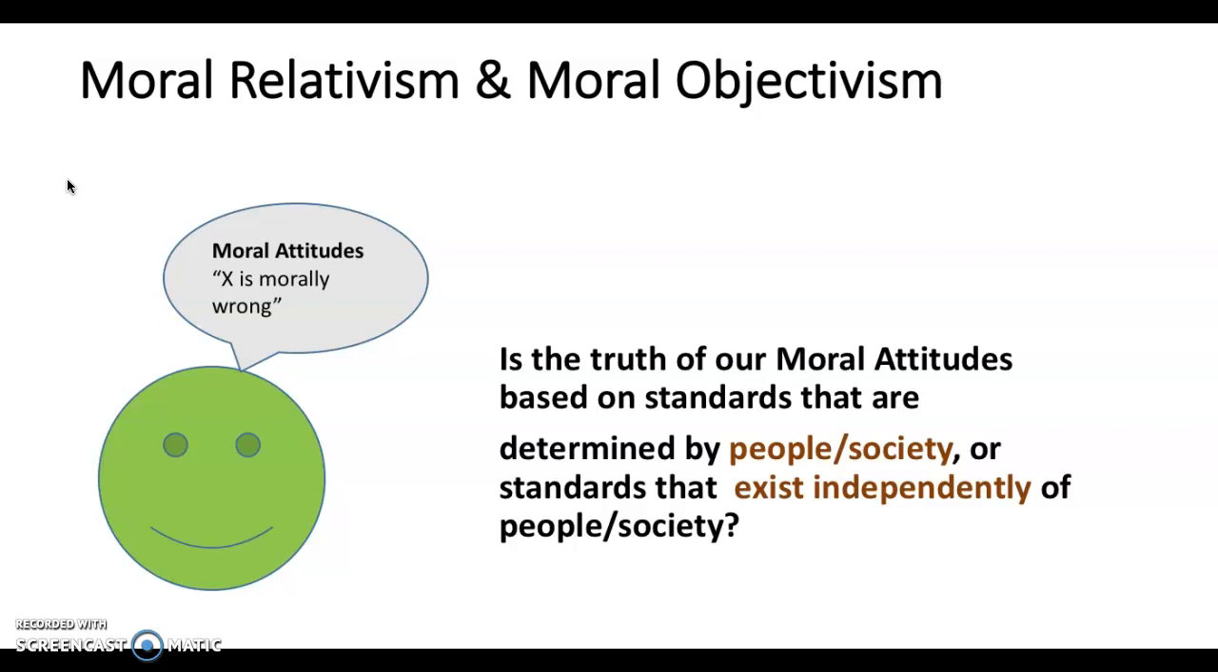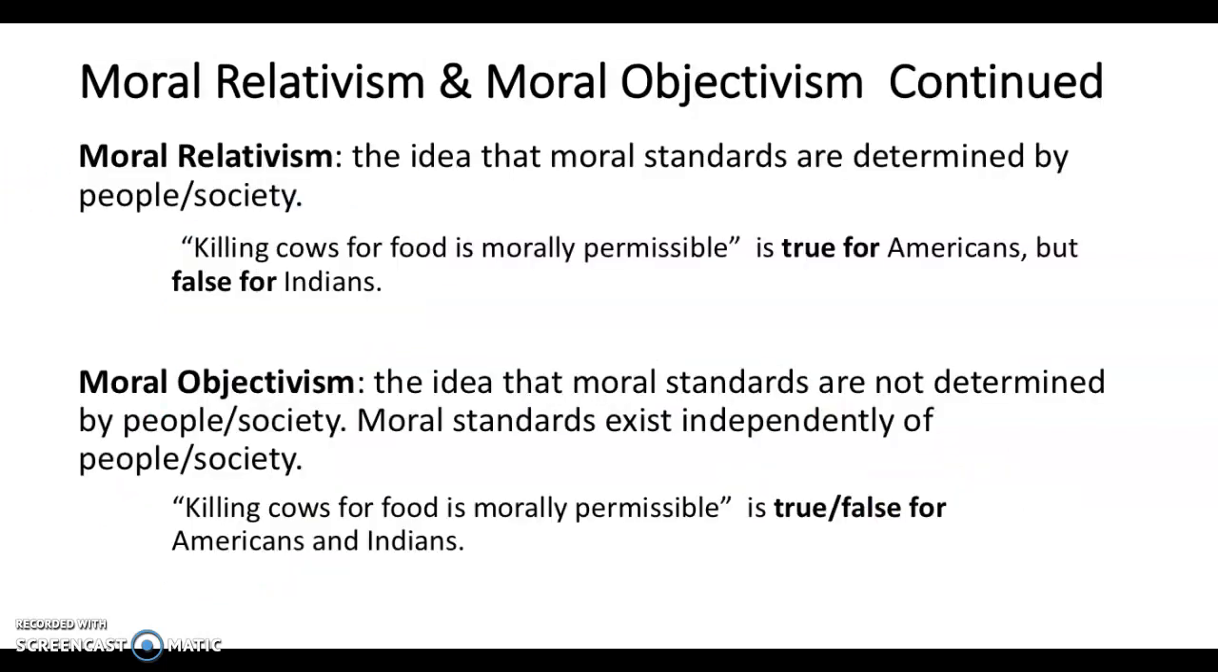On the other hand, we can also say, well, no, the belief that murder is morally wrong has nothing to do with what people or society deem to be the case, but is something independent of people or society. So whether our belief that murder is morally wrong is true or false is determined by factors that exist independently of people or society. We can characterize this distinction by